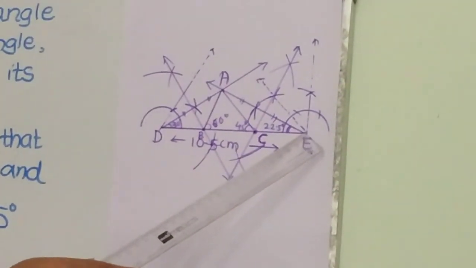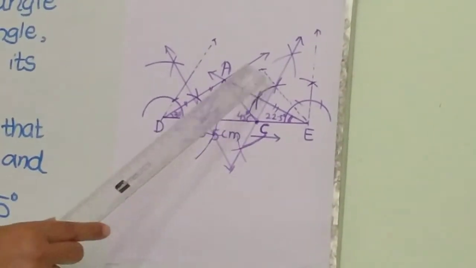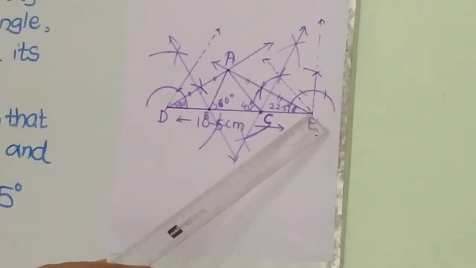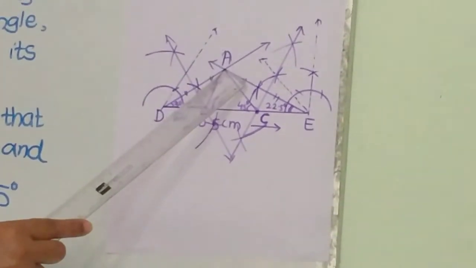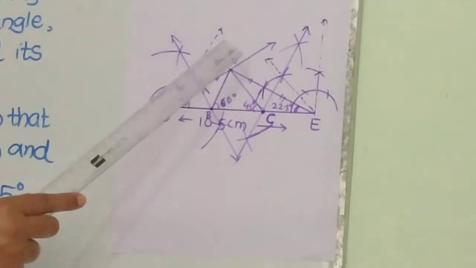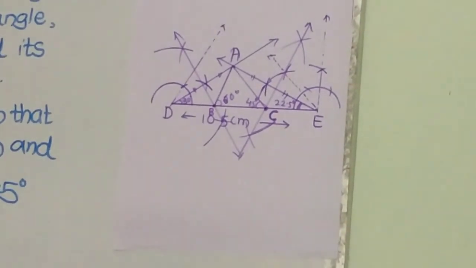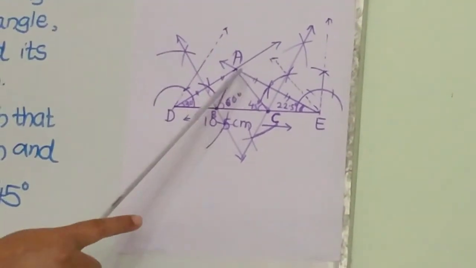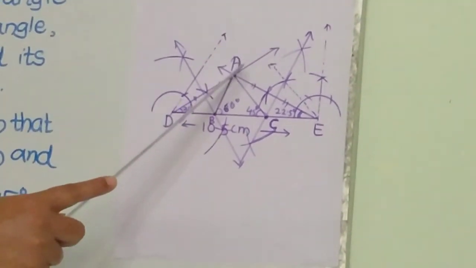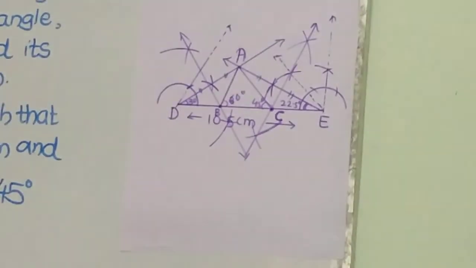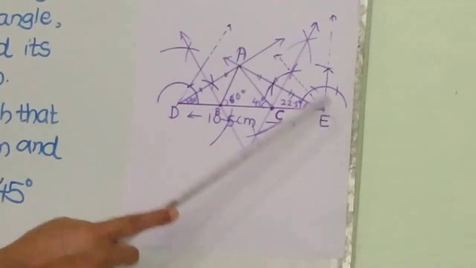And we join this ray where they meet. So where this 30 degree ray and 22.5 degree ray meet, that is the remaining vertex of the required triangle. We know that B and C are at the base, because base angles B and C are given. So here the remaining point is A. Once we get A, then we get AD and AE. We have to draw the perpendicular bisector of AD and AE.